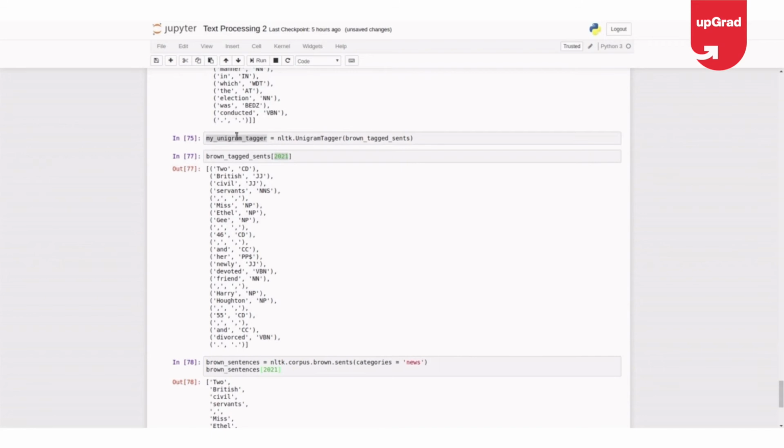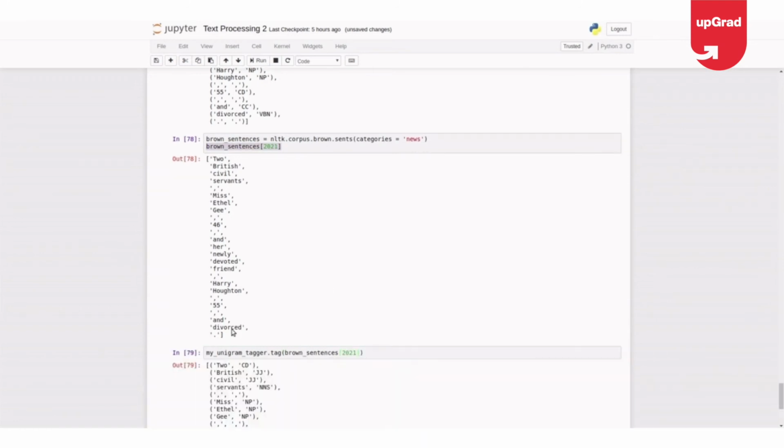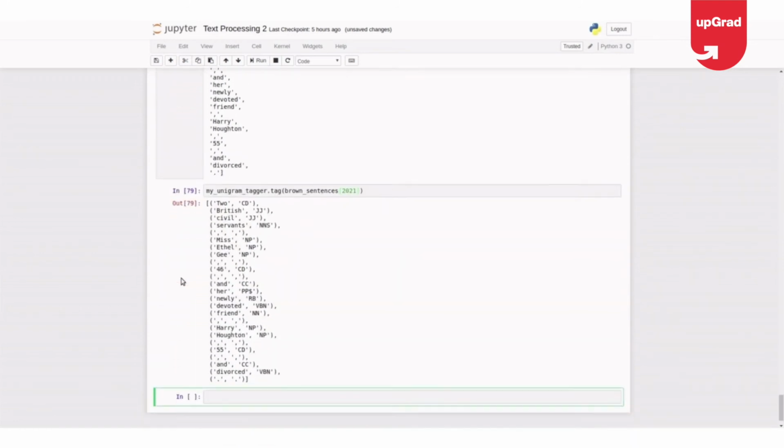I have built a unigram tagger, right? I'll just try to use this and predict or test my unigram tagger. How do I do that? unigram_tagger.tag of the 2021 sentence. So it has given me this.